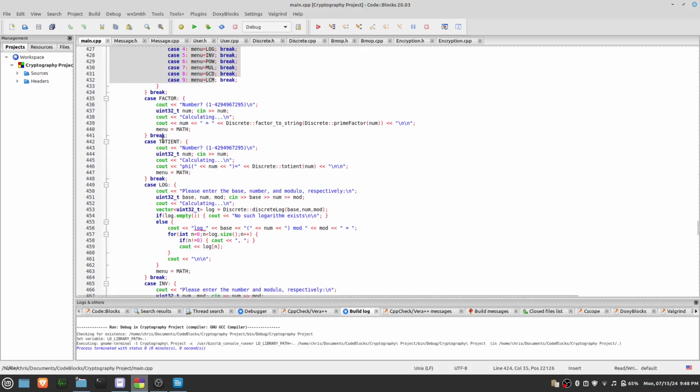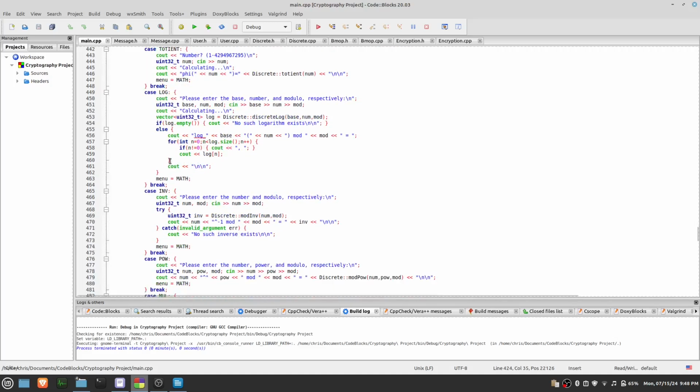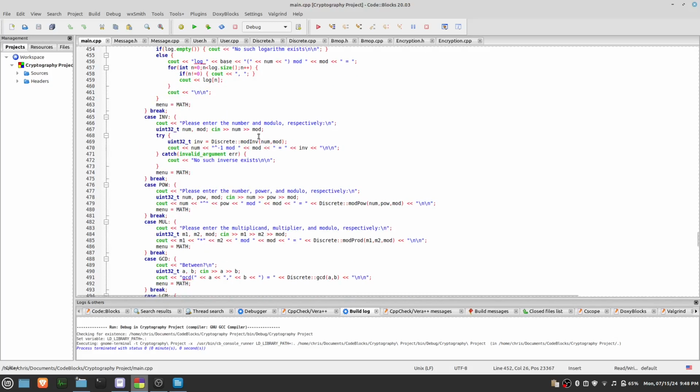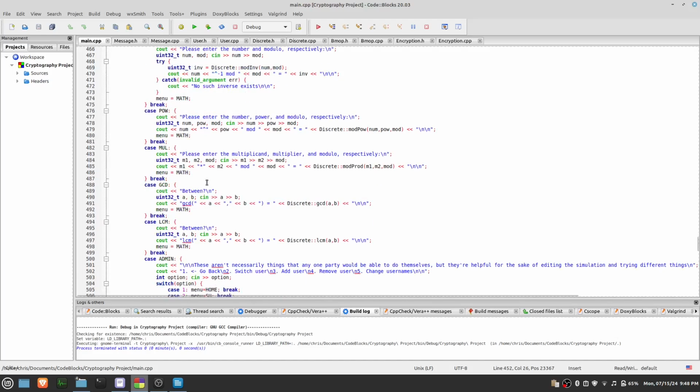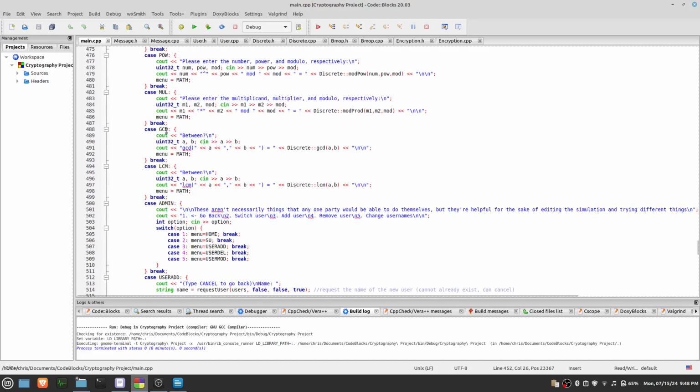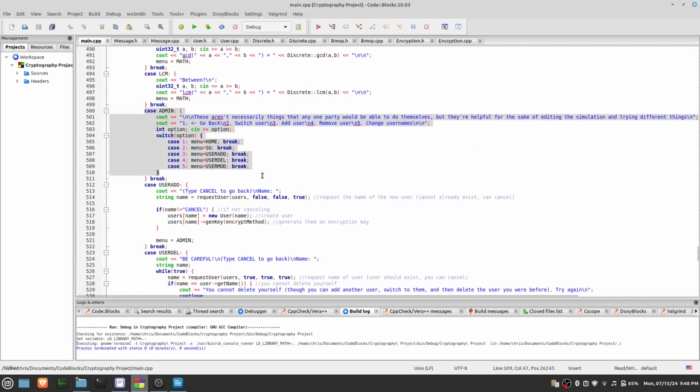Factor, totient, discrete logarithm, where there's this very important thing that says calculating. You'll see that in action in a bit. Modular inverse, modular power, multiplication, GCD, LCM, admin thing, where